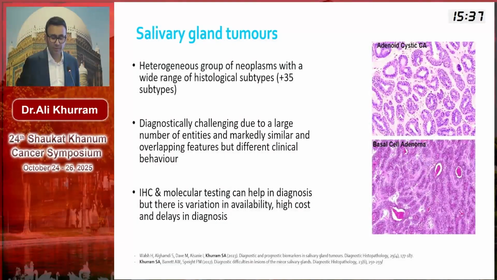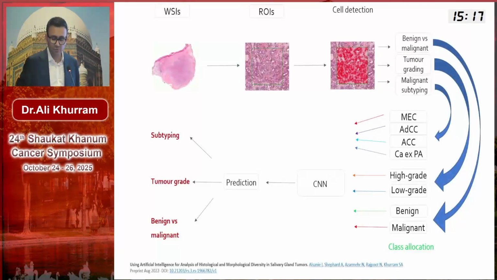Another area I'm quite interested in is salivary gland tumors, and they are quite challenging. We've got 38, 39 different types of tumors. They can look very similar. Some of them can look just like breast tumors as well. And within the tumor, you can also get a lot of heterogeneity. So on small specimens, even detection of whether it's benign or malignant can be challenging. So a PhD student of mine looked at whether you can use computational or AI methods to identify whether something was